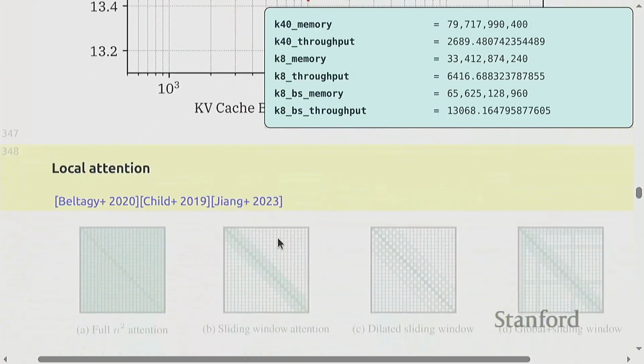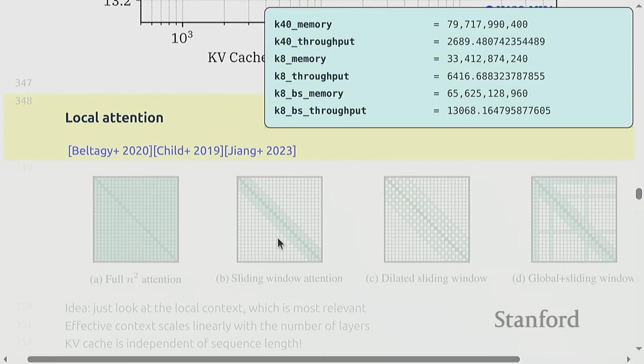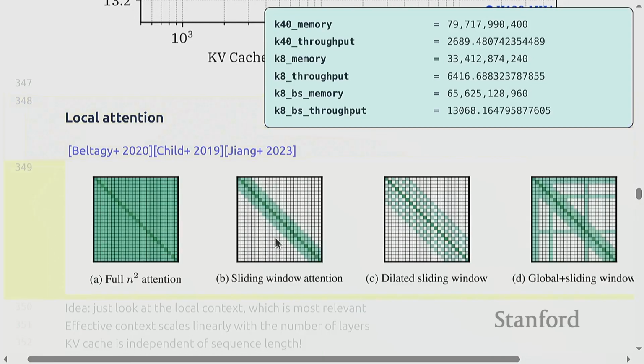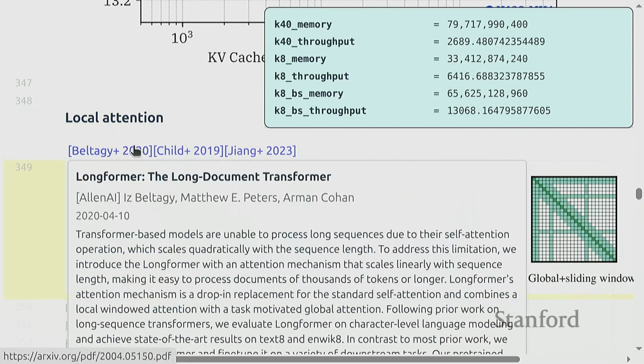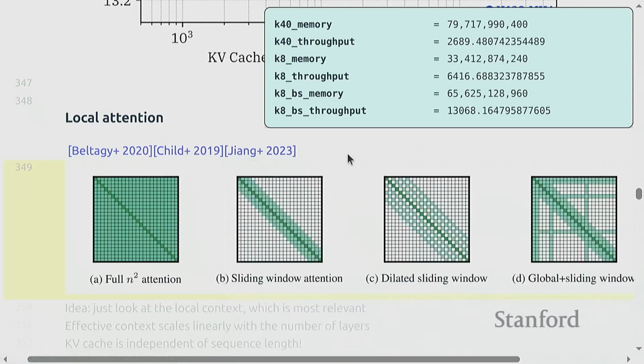Okay, so there's yet another way to do things. Local attention has been explored quite a bit; there's Longformer, there's an OpenAI paper, and then Mistral, and I think many others use this as well. It's a very natural idea. If you look at a full attention diagram, it's dense and squared, and that's where a lot of your complexity comes from. And basically the idea is you're going to attend to only the past K tokens.